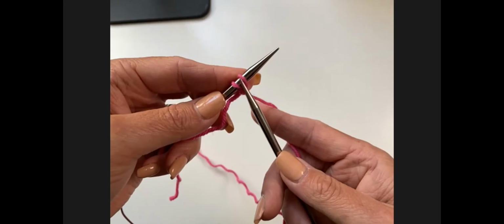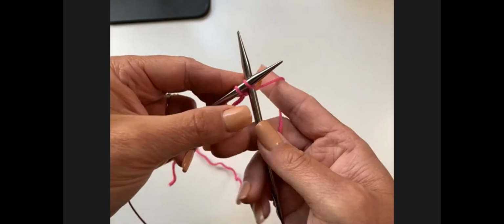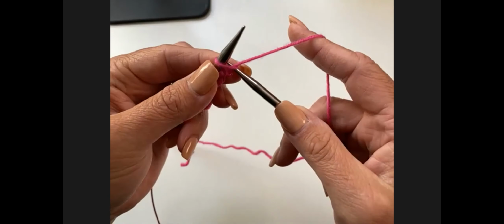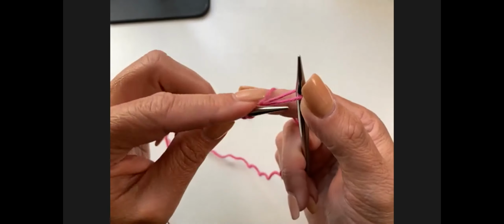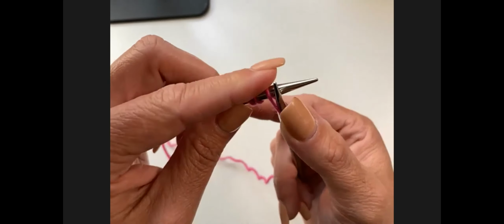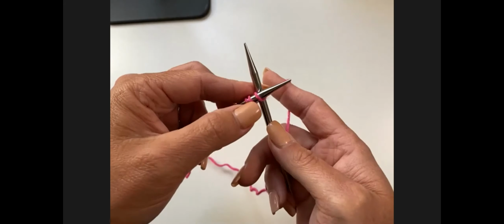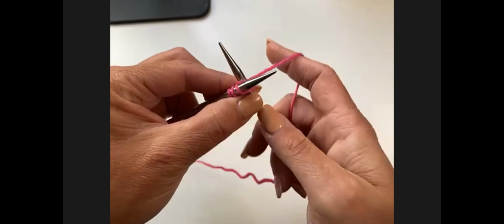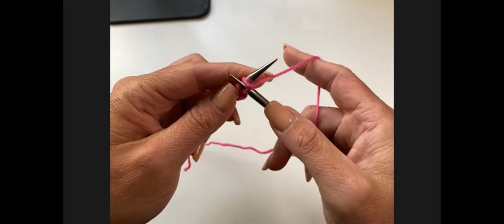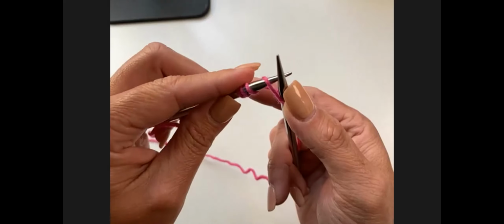I'm going to go into the second stitch now from left to right into the stitch, around the needle, out the stitch, extend, swivel and scoop, from left to right into that first stitch that's closest to the tip of the left hand needle, around the needle, out the stitch, extend, swivel and scoop,